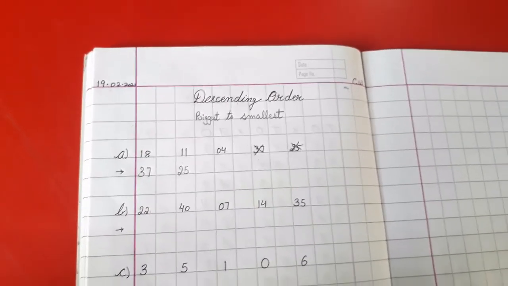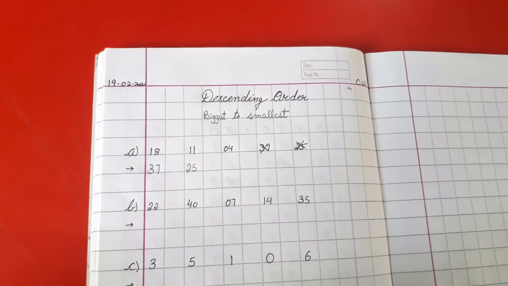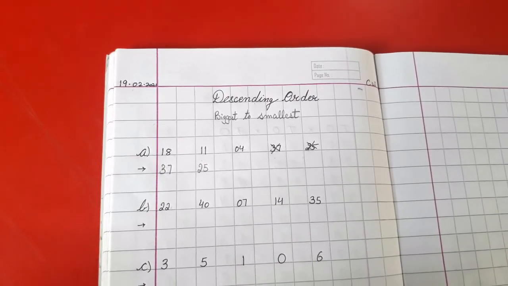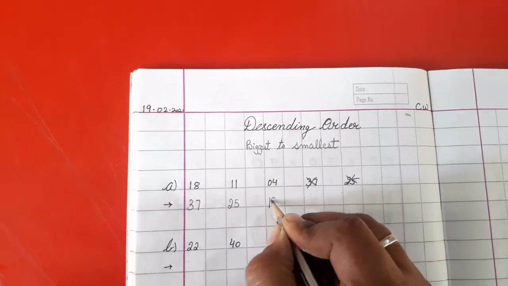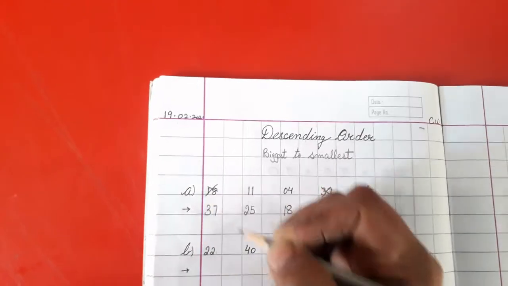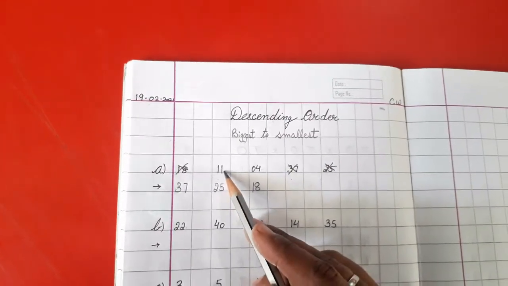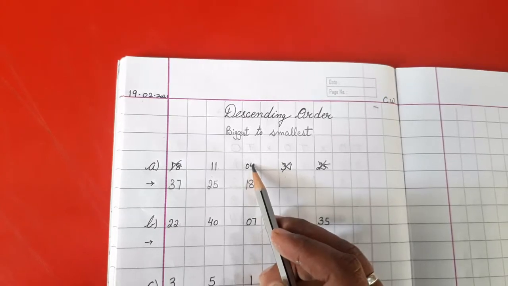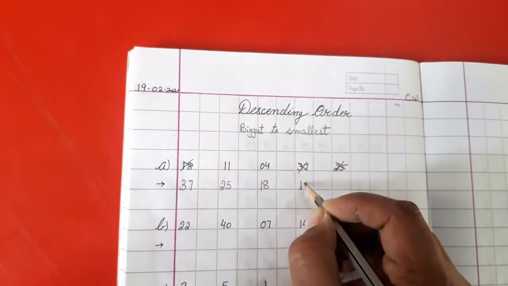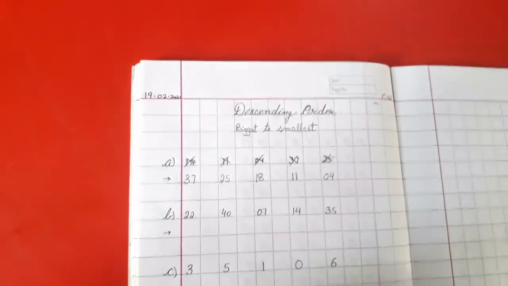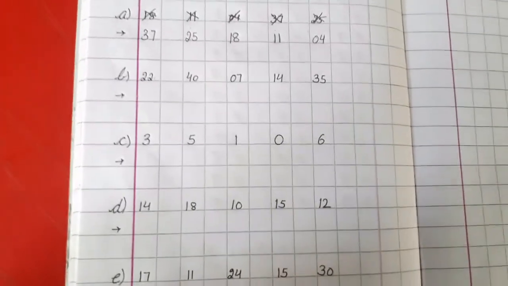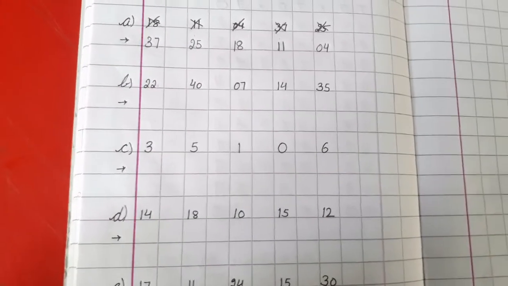Now we have 18, 11 and 4. So which is the biggest? 18, 11 या 4? 18 is the biggest. So you will write 18 here and cross this. Then we have 11 and 4. अब इन दोनों में big कौन सा है? 11 big है. So we will write 11 here and then 4. Is that clear? Now moving to the next, the B part, we have 22, 40, 7,